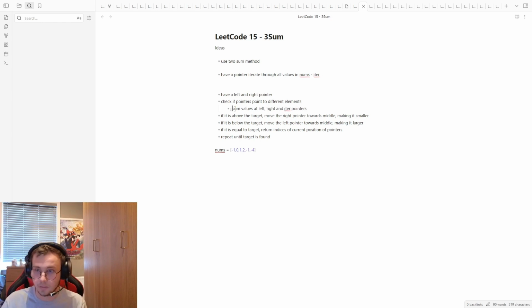If they are different, sum values at left, right, and iter pointers. If it is above 0, move the right pointer towards middle. If it is below 0, move the left pointer towards middle. If it is equal to 0,